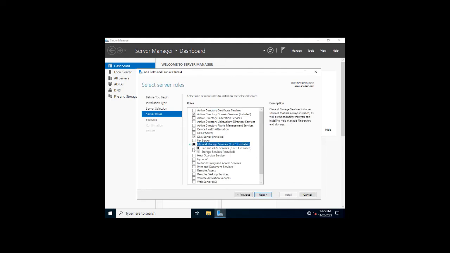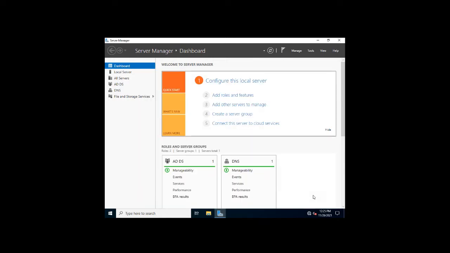Expand this one, expand File and iSCSI Services. Here you will see File Server Resource Manager. You have to check this option, click on next and go with the default options. It will install the FSRM role on this machine.